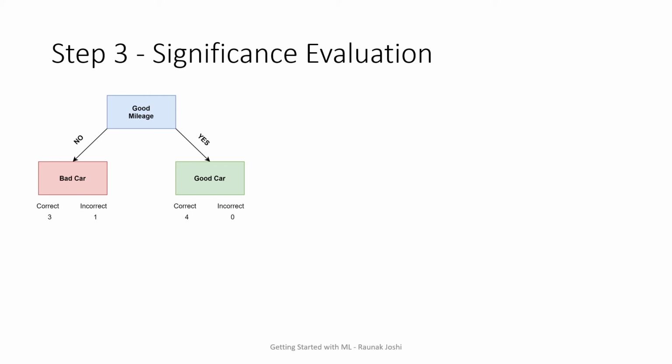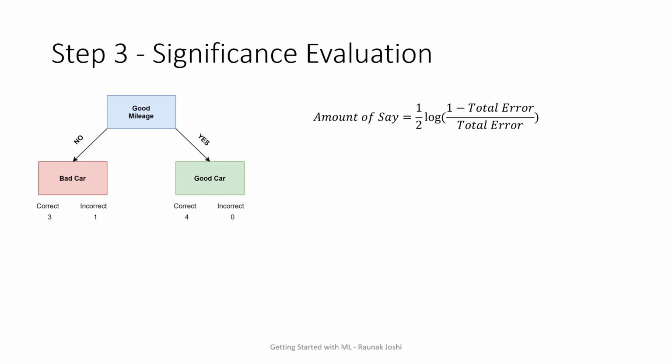So what is significance evaluation? The significance evaluation states that the feature that I've selected has some corresponding value that holds the power of the tree. Whenever I want to construct the tree, since the Gini impurity of the decision stump of the good mileage is the least, I am going to select this one as the root node. The significance evaluation, also known as amount of say, we are going to compute for the good mileage.